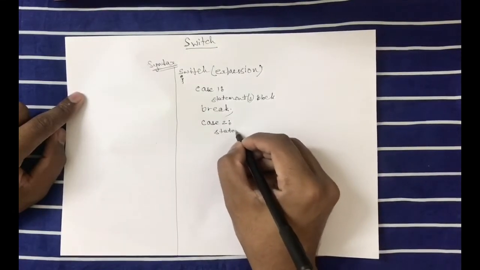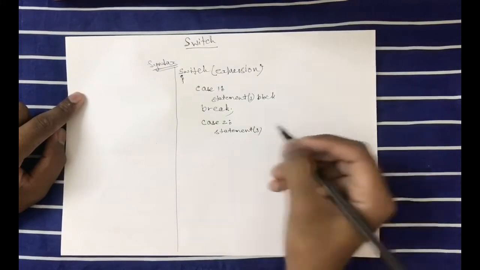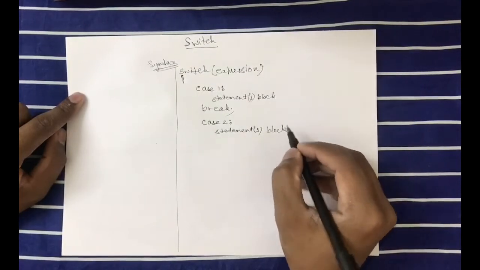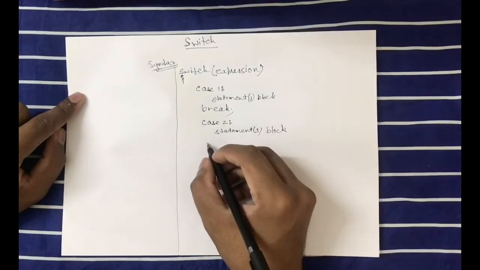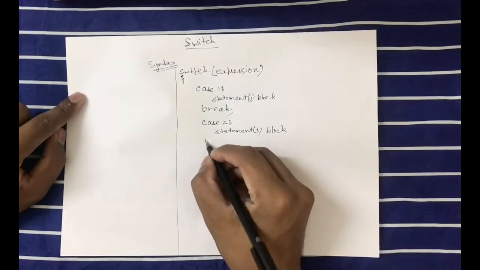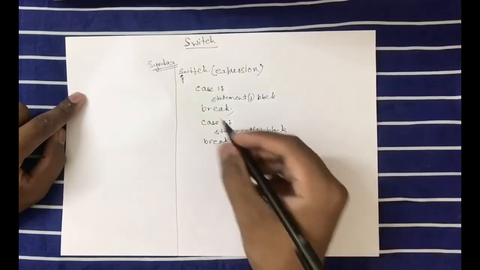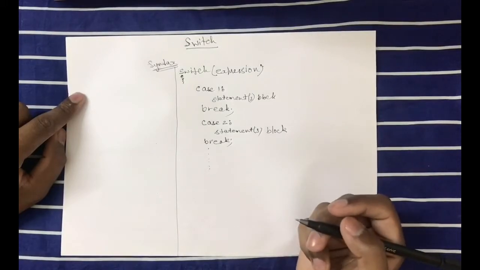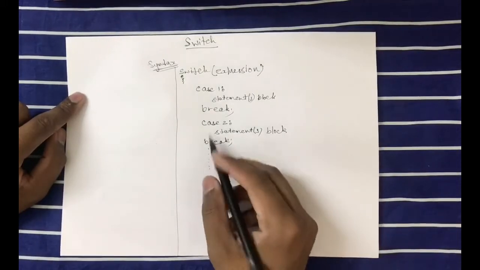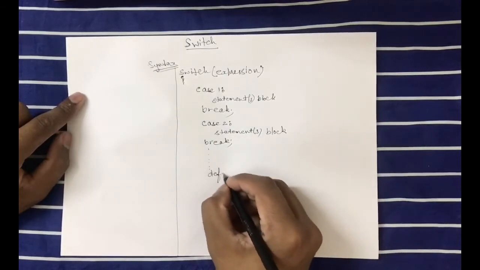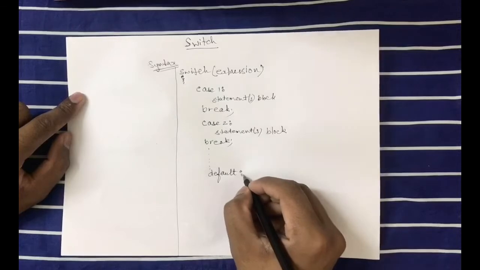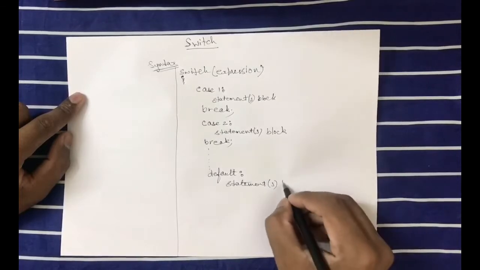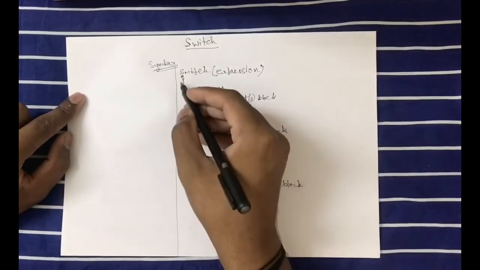Like in if-else, if we needed multiple conditional commands, we used to give multiple if or else if. Like that we can give multiple cases in our switch. So like this we can give n number of cases. It depends upon the program or user what program he or she is making. So after giving all the cases, now we'll give default. Like in if-else there was the last else block, like this here would be the default. Now default is the last, so there would be no break command over here. Now we'll close the switch over here.